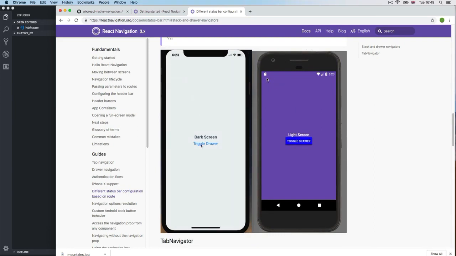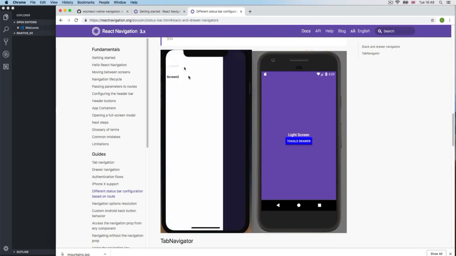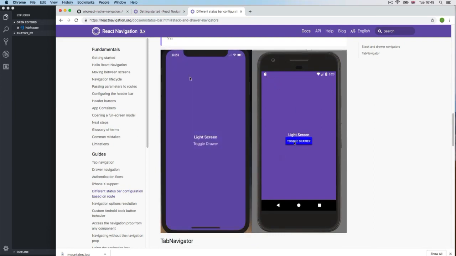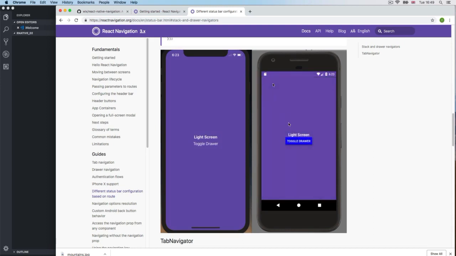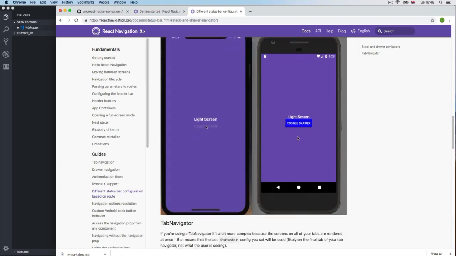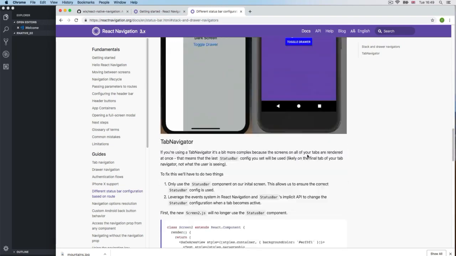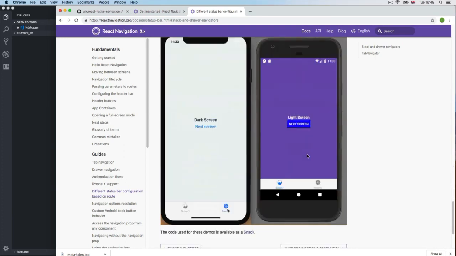You click on a button, maybe the menu button, and you get the side drawer with some options to go to different sections. Notice that it's changing colors, and it's because it's going to a different component. And we're going to do this one as well. Of course, we're going to do stack, we're going to do drawer, and then you get a different one,